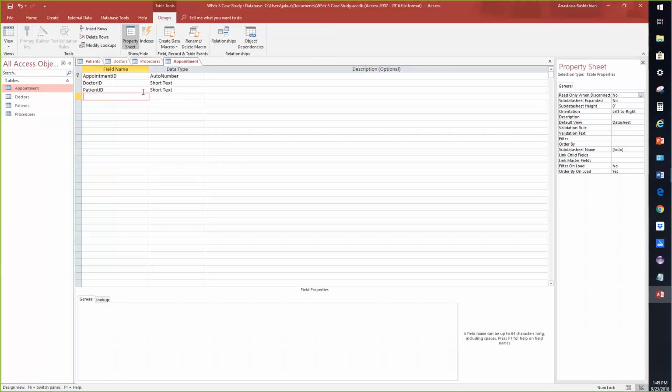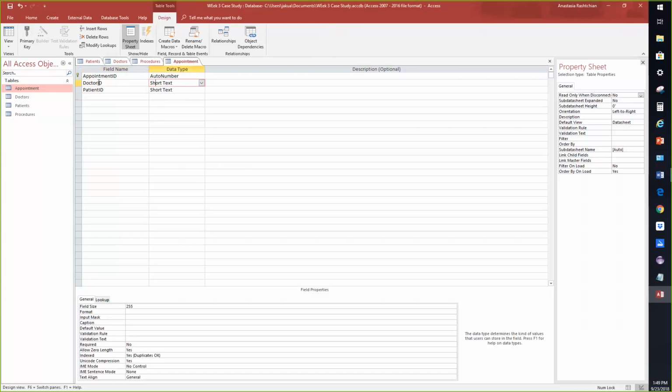So this is very important. Don't do auto number here. These are not new keys. They've already been created and they already exist in another table as the primary key. We are using it in this table as a foreign key. So that's maybe how you can distinguish between a primary key and a foreign key. It's a foreign key here because it's already had a value assigned,